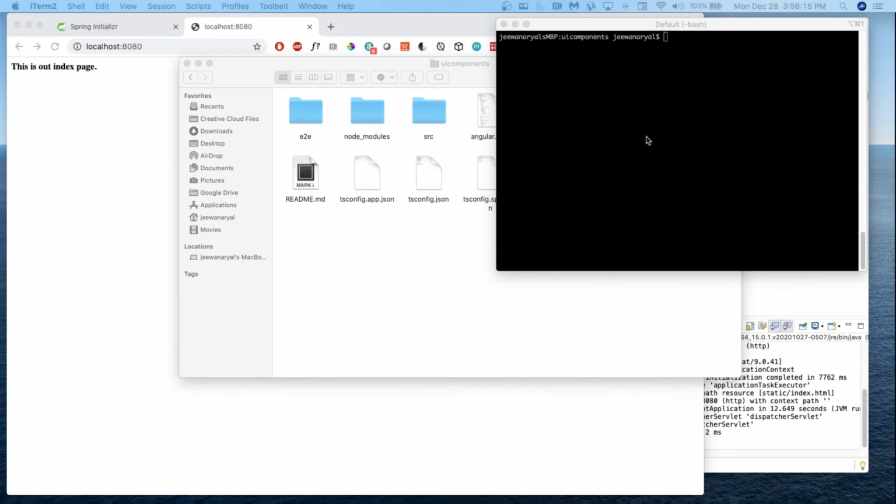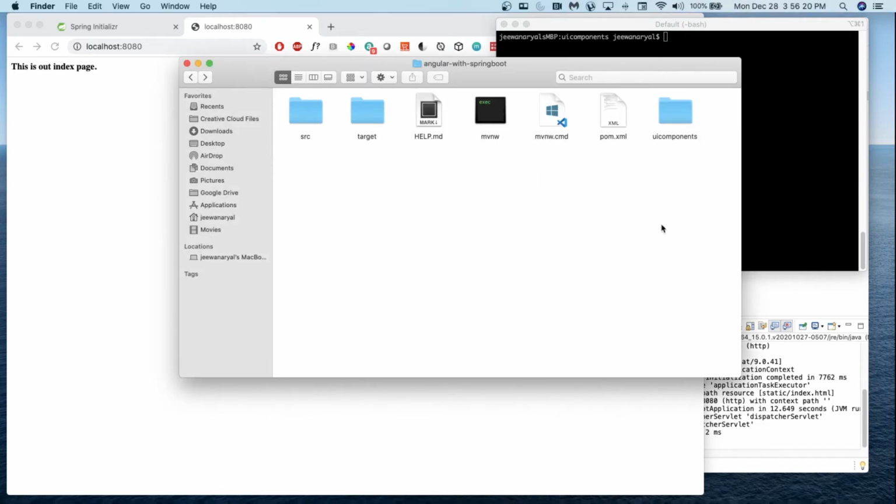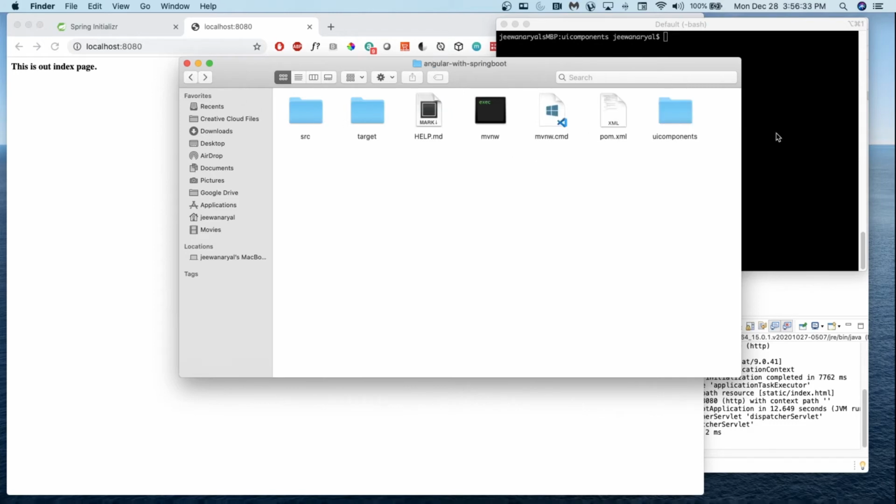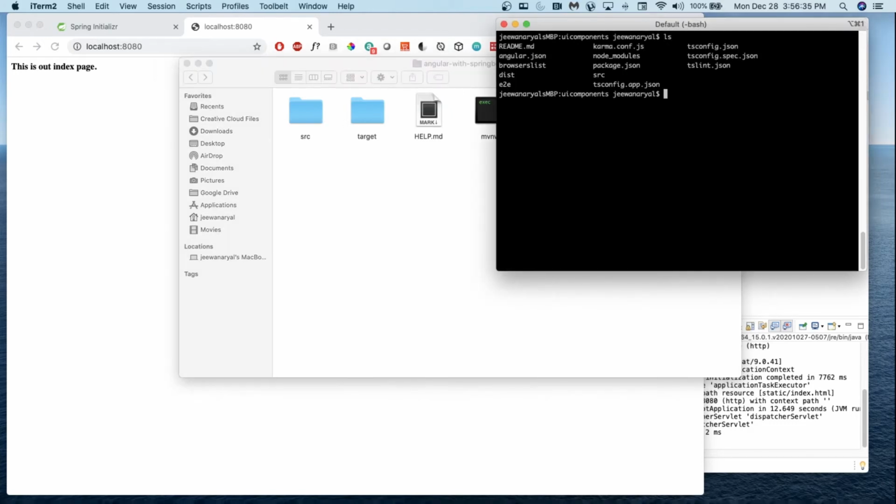So our new application in Angular is ready. You can see here the UI components is the whole Angular application we just created. So inside the UI component, Angular created all these files and folders. Now we can go inside this